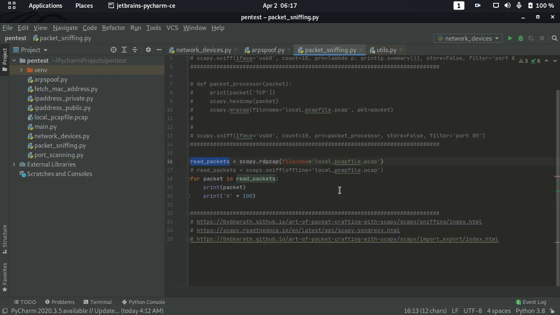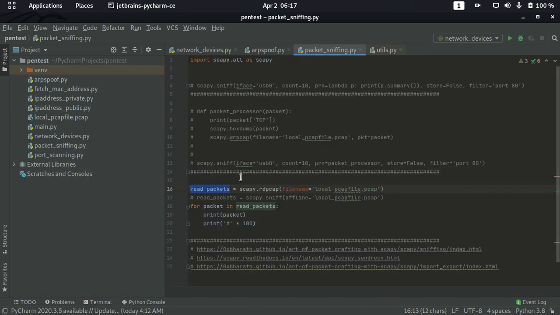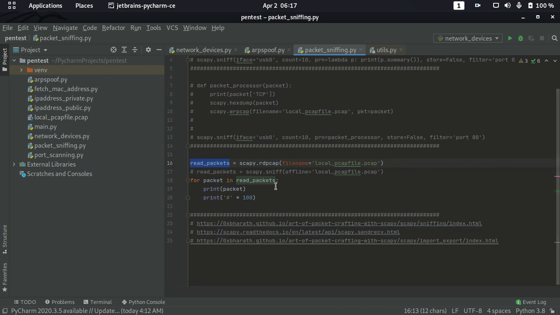It has many other methods as well, but in general we have seen how to get the data and how to sniff, and what the main arguments are that you will be passing, such as the interface, the filter, the callback function, and the count of packets. We have seen we can write the callback function directly there by using the lambda function if it is a simple statement, or if it has more logic, you need to write a separate function and give the reference to that. After that, we have seen how to write the pcap file and read the pcap file.